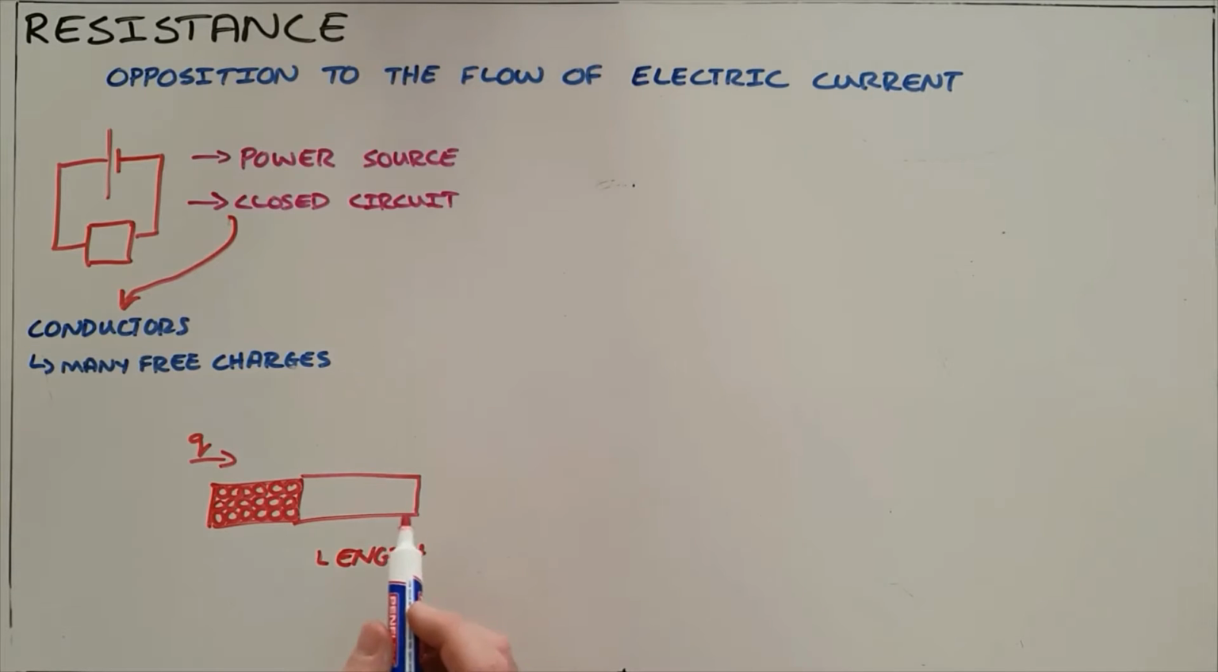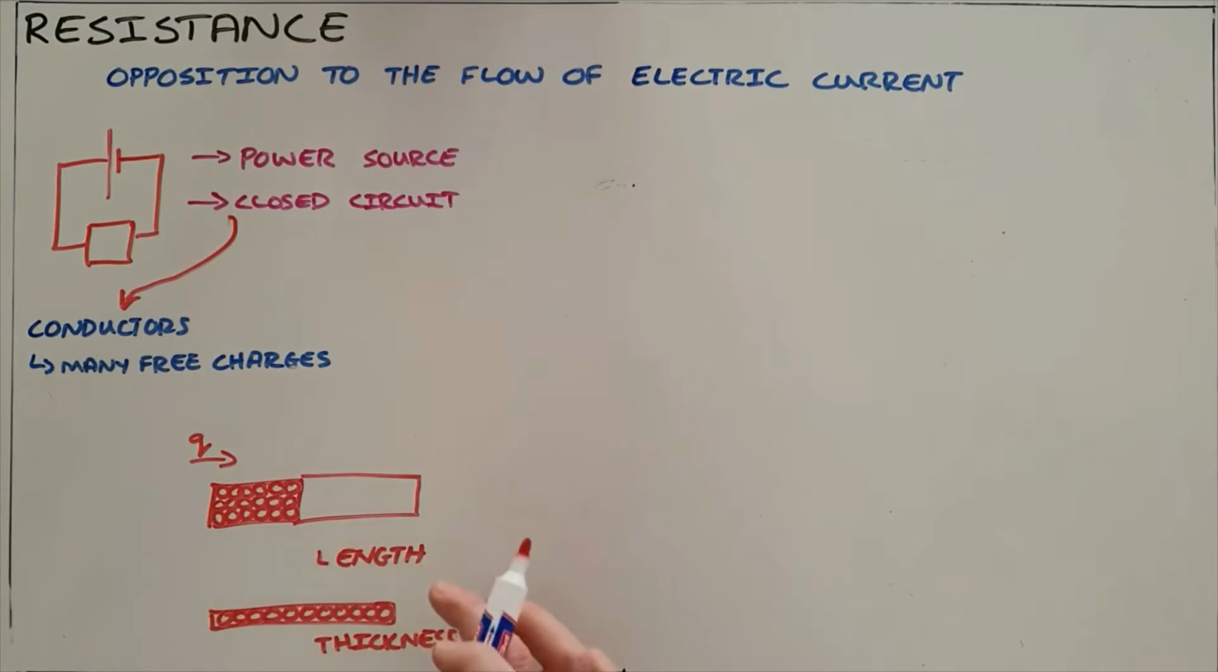The second factor is the thickness of a conductor. We know that if the charges have to move across a very thin conductor, there is very little space, therefore a lot of congestion. Think traffic on a road that only has one lane. So the thickness of the conductor, we say that thinner conductors offer more resistance, whereas as it gets thicker, there is more space for charge to move